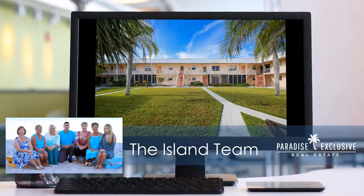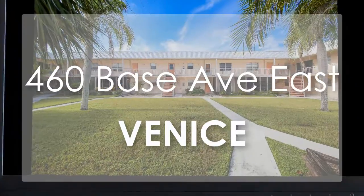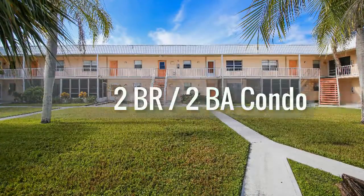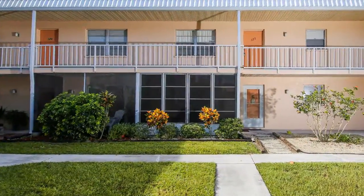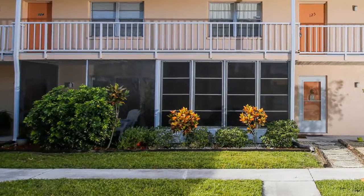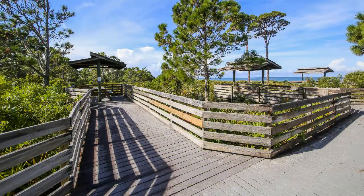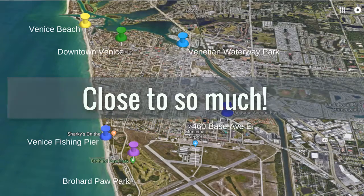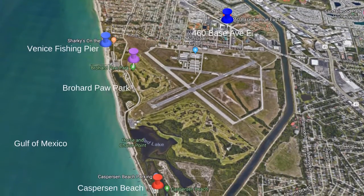The Island team is proud to present 460 Base Avenue East, number 115 in Venice, Florida, an affordable, furnished Venice Island 2-bedroom, 2-bath condo. This desirable ground floor unit is move-in ready and perfect as a full-time, seasonal or rental property. This is a fantastic location, close to shopping and dining, as well as historic downtown Venice, Venice Beach, the